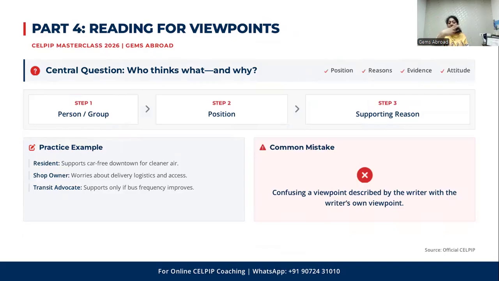Now, part 4, reading for viewpoints. Part 4 focuses on viewpoints, and here you should understand who thinks what and why. Take three different perspectives. A resident supports a car-free downtown because of clean air. A shop owner worries about delivery logistics and access. A transit advocate supports the idea only if bus frequency improves. Notice how each viewpoint has three elements: person, position,